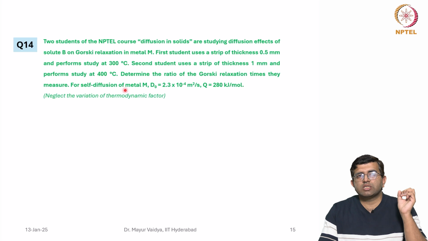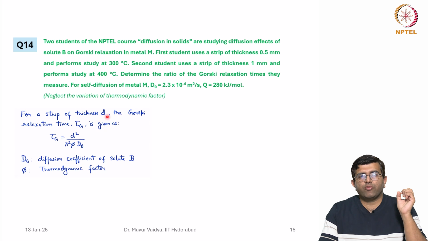And what is given is, for the self diffusion of metal M, D naught is equal to 2.3 into 10 power minus 4 meters square per second, and Q is 280 kilojoule per mole. This is written wrong. This is the data for the diffusion of solute B in the metal M. Neglect the variation of thermodynamic factor. So, here